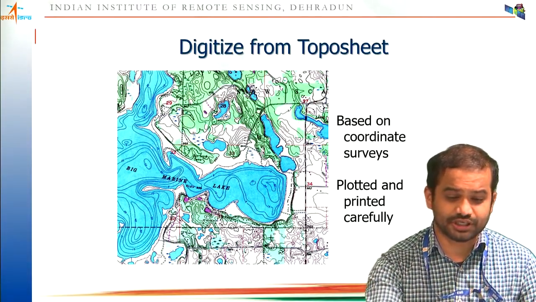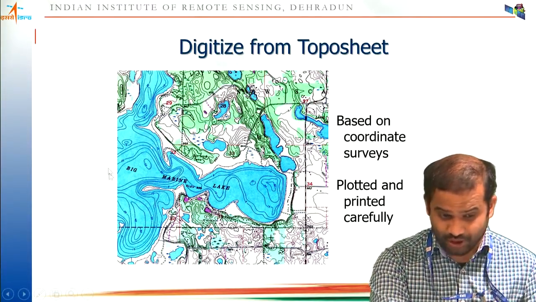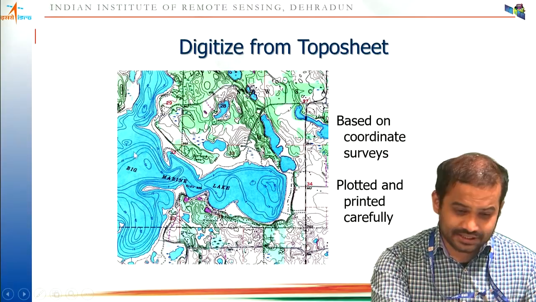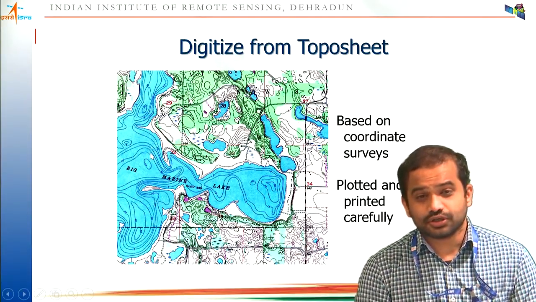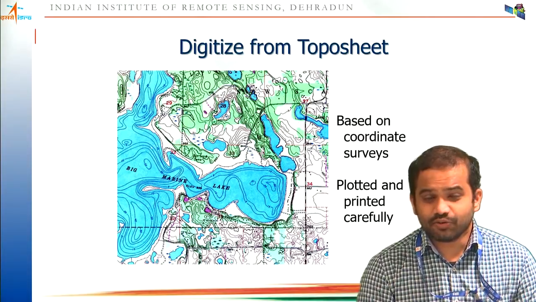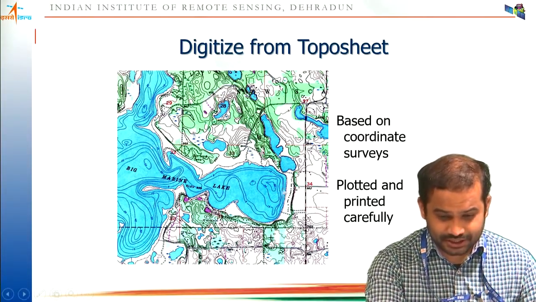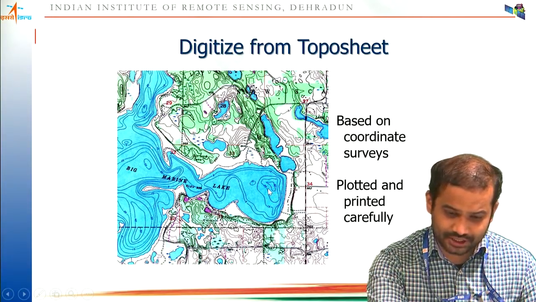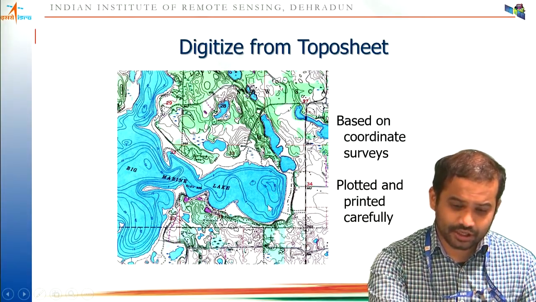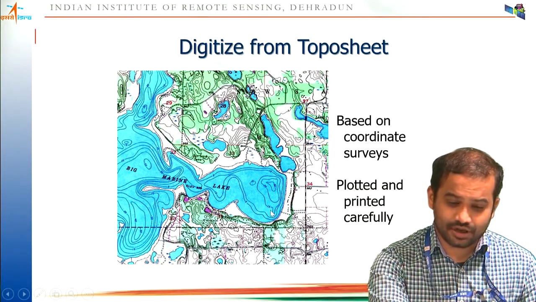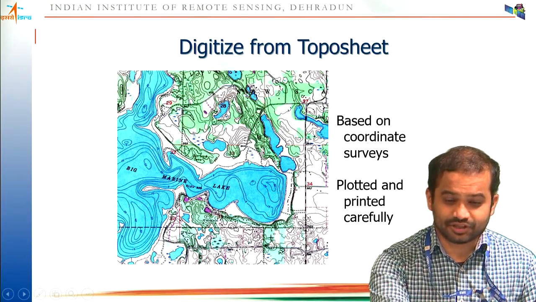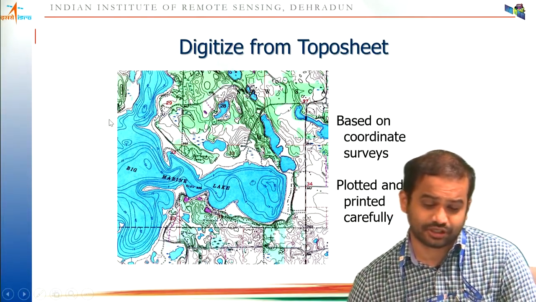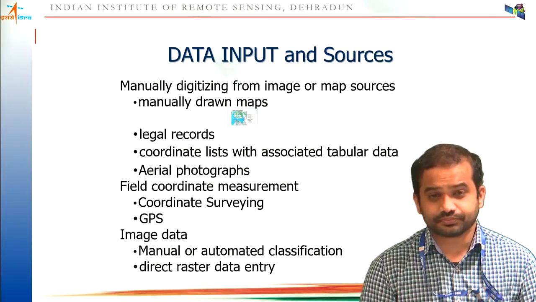So these Toposheets, if you can see here, have multiple things. One thing is these lines, the concentric lines. These lines are called contours. Contour lines are those lines which join points of equal height. So if you see here 30, all the places joined here are at 30, then 20, 15. As you move further, you can see that the depth is increasing or the height is decreasing. Same here. So these are the contours, and you also have a lot of symbols, and based on the legend you can further interpret what each is.